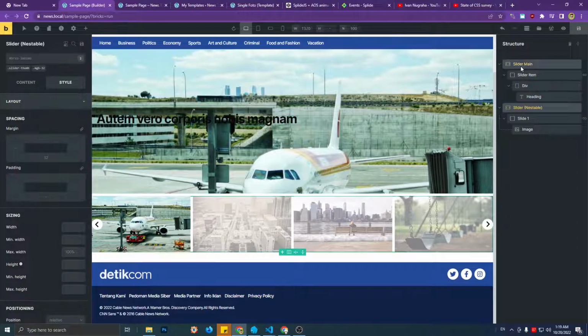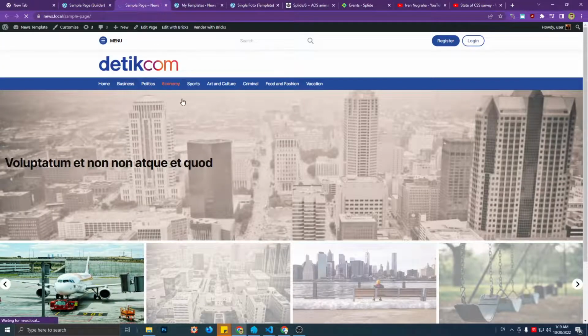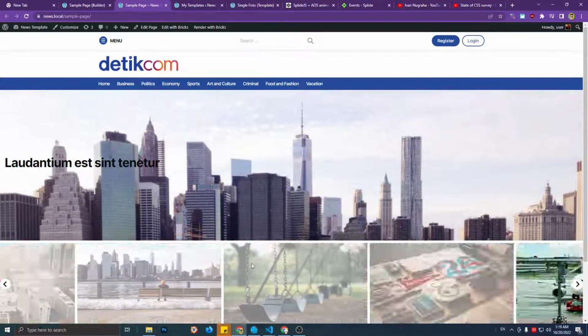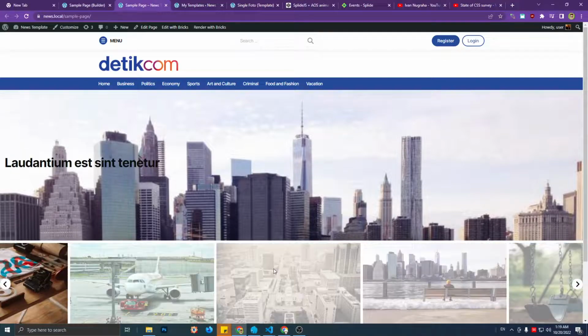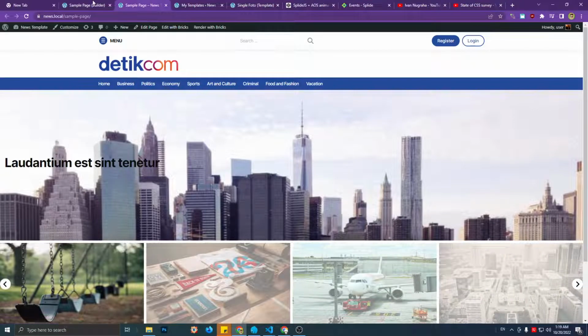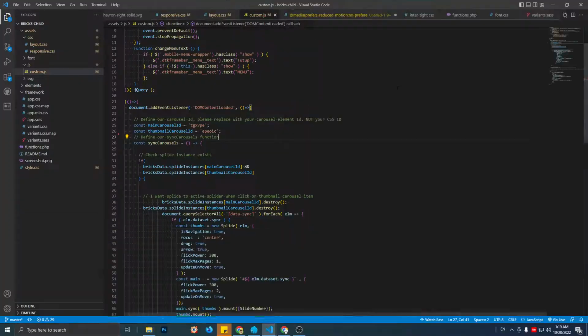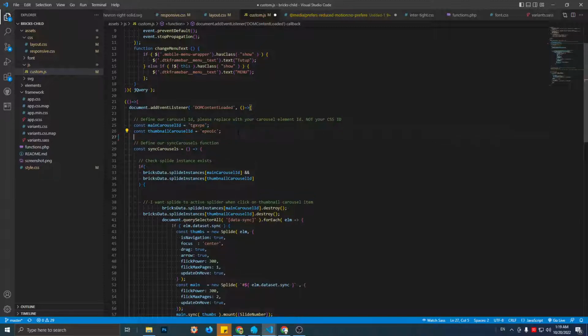I have two sliders which I had synchronized with each other. This is the result, and oops, I actually have not set it to synchronize with each other. Anyway, the plan is, the first thing is, let's open our code editor. Sorry. The first thing is,